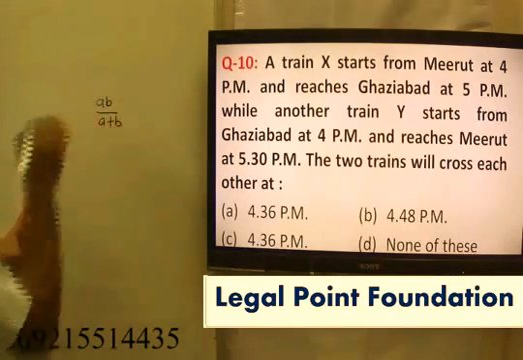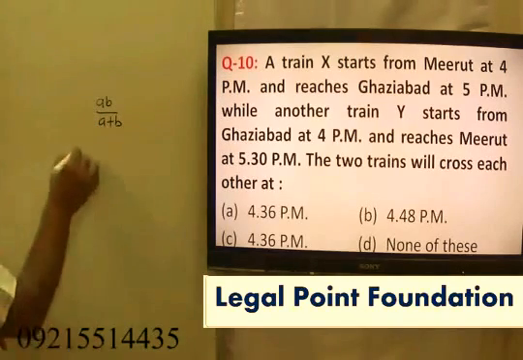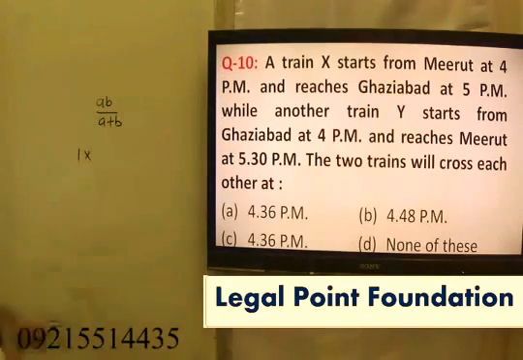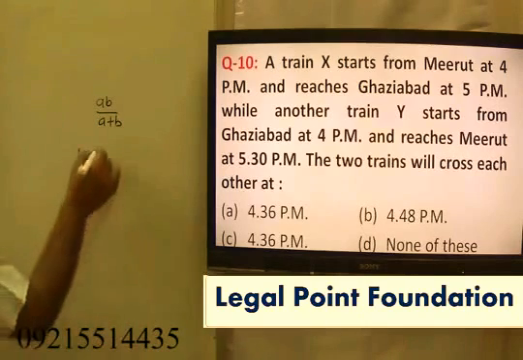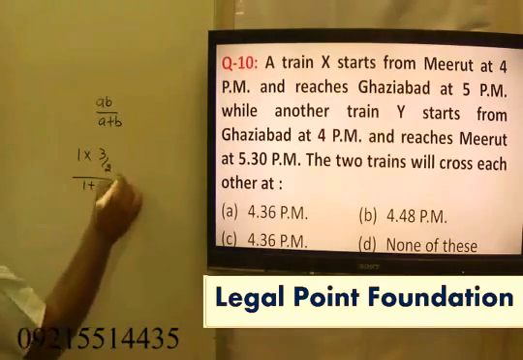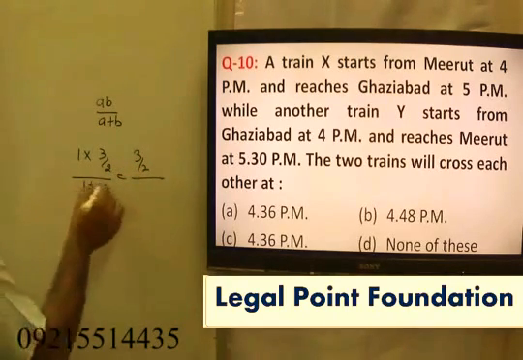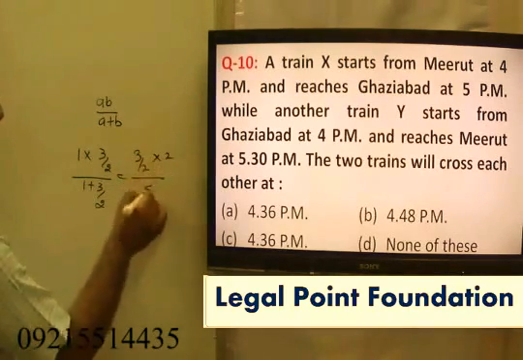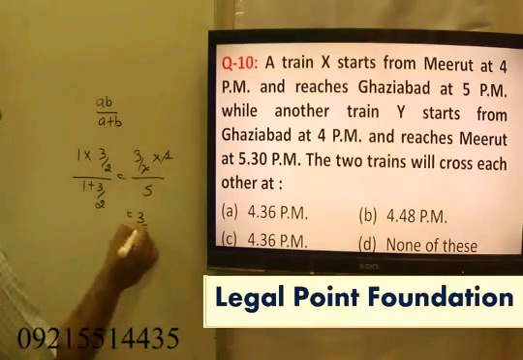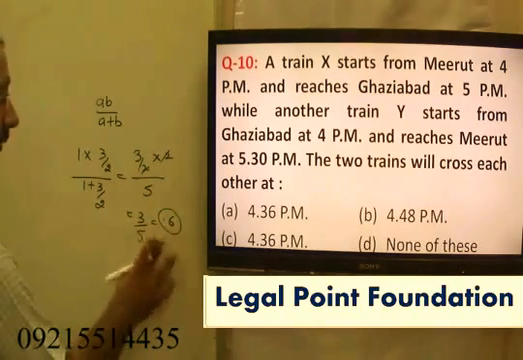Directly, how? How much time did the train take? 1 hour the first train, take A to be 1. How much time did the second take? 1.5 hour, 3/2. So what you can say is 1 plus 3/2. Okay, how much is it? 3/2 upon 2 plus 1, 2, that is 5 into 2 upon 5. Okay, that is 3/5. 3/5 is said to be 0.6, means 36 minutes.